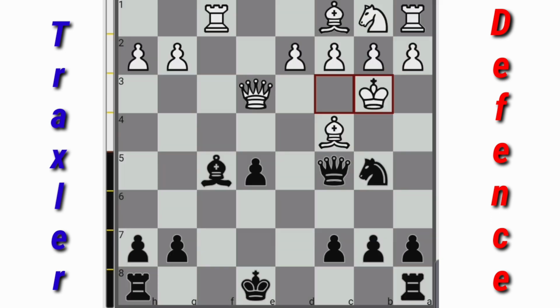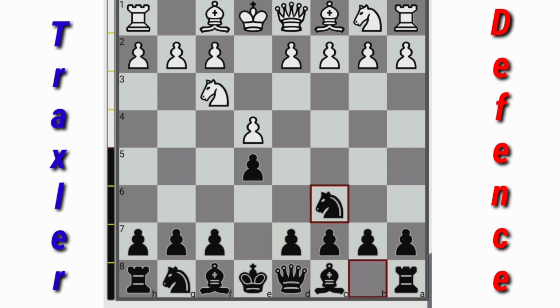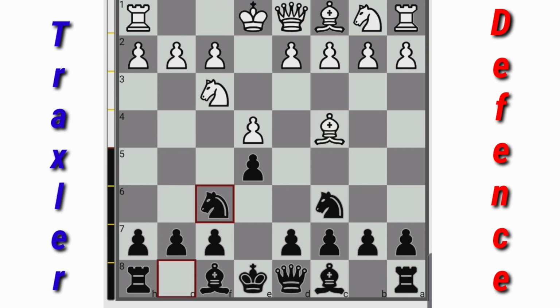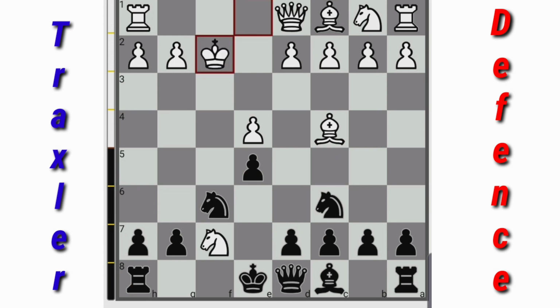Alright, let's take a look at another game. e4, e5, knight f3, knight c6, bishop c4, knight f6, knight g5, bishop c5, knight takes f7, bishop takes f2, king takes f2,